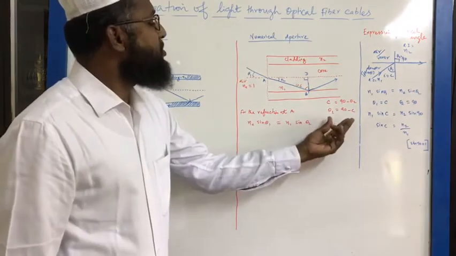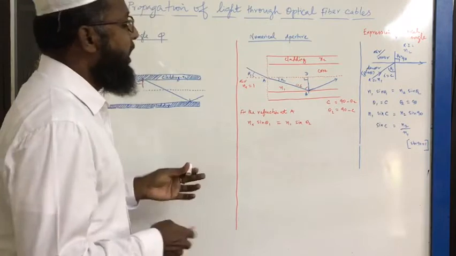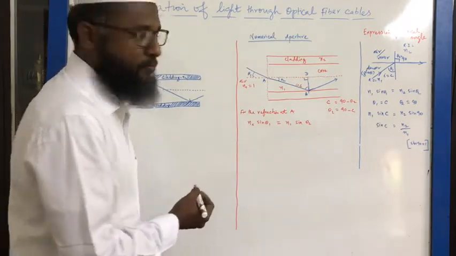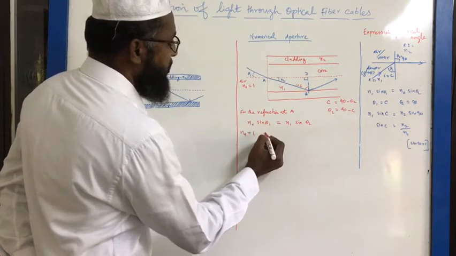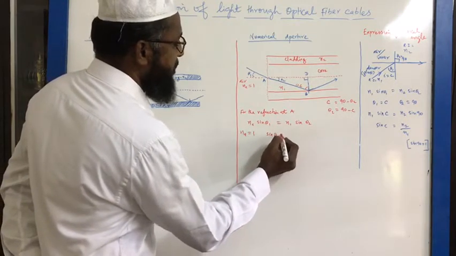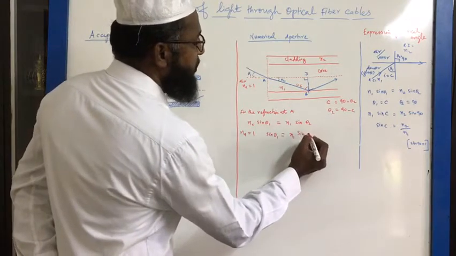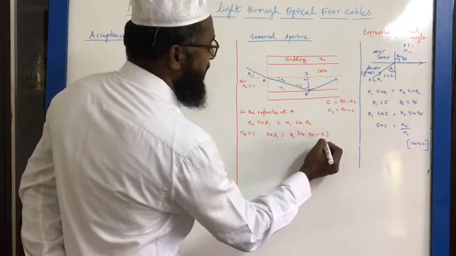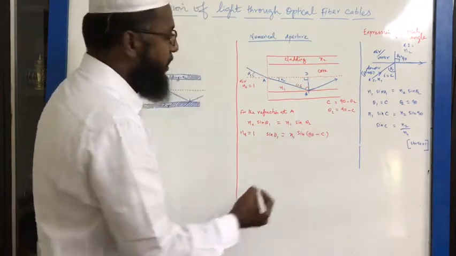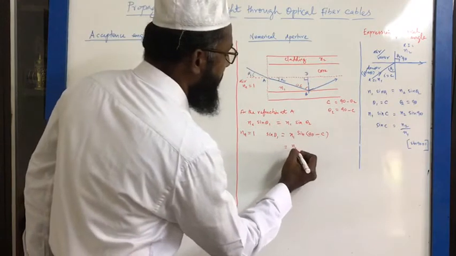Now we are going to substitute the value of theta 2 here and the value of N0. For example, the refractive index of air is taken as 1, so we get the equation sine theta 1 is equal to N1 sine, instead of theta 2 we are going to have 90 minus C. Now this equation can be understood